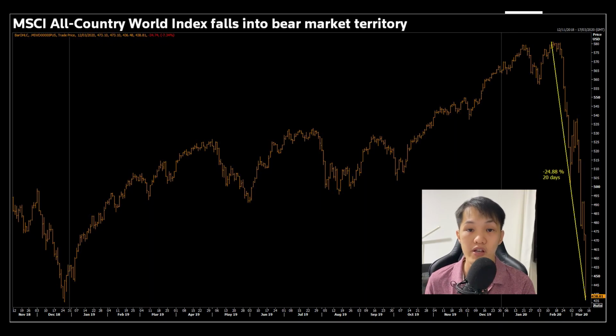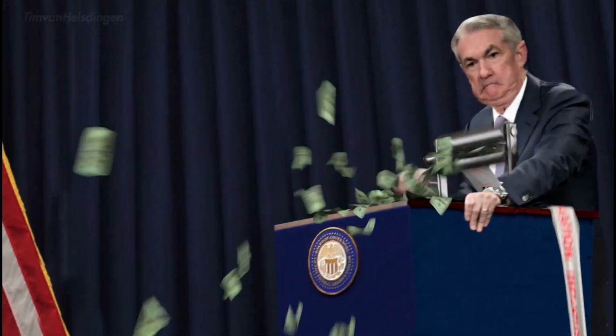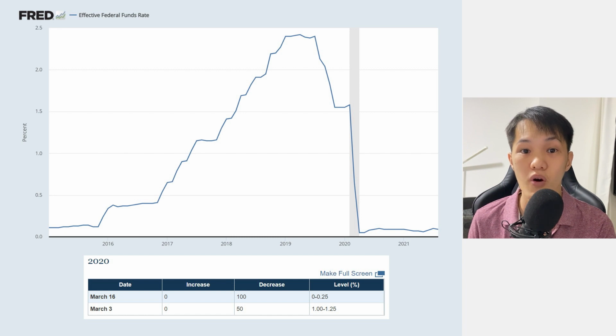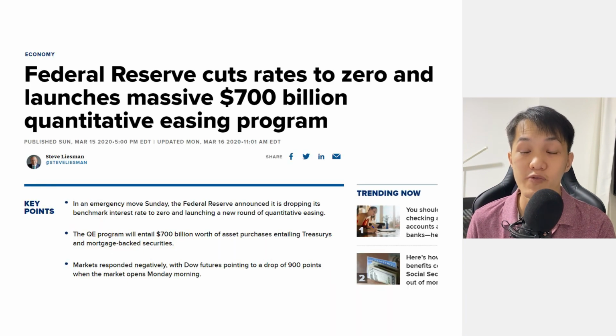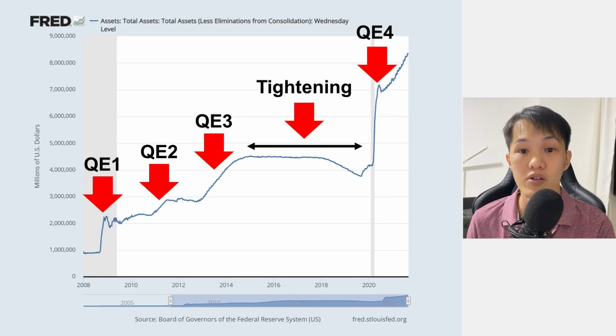Then the next big event is the pandemic and market crash in March 2020. You guys should know what happened after that. The Fed cut a total of 150 basis points in interest rates in 2 meetings in March 2020. They also launched a massive 700 billion QE program. You can see that the balance sheet just expanded quickly from 4 trillion to 8 trillion in less than 2